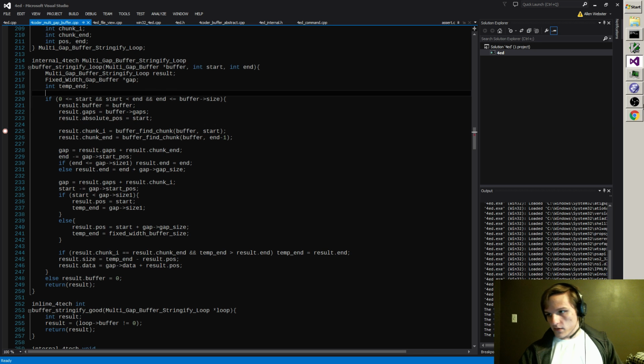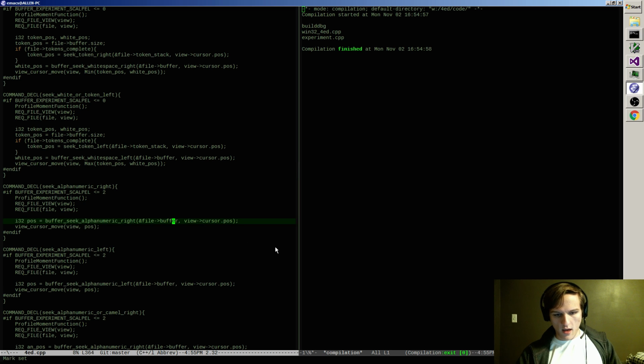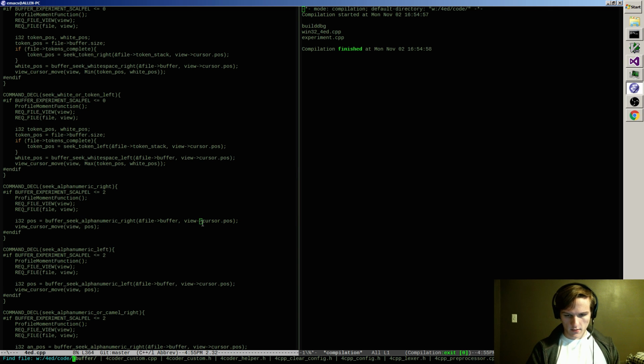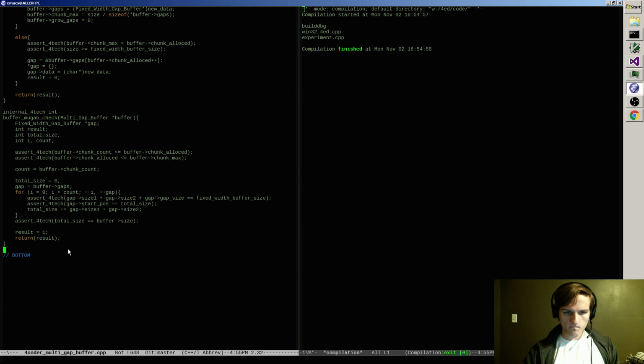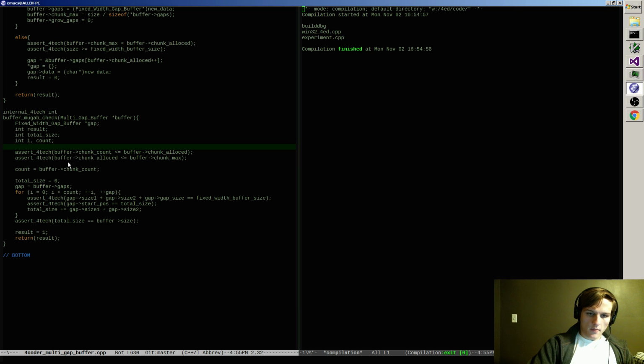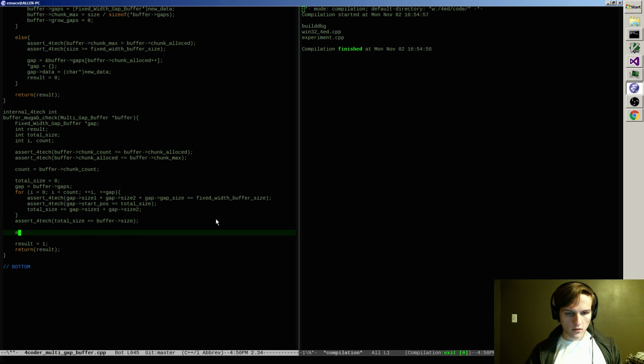If you watched my last video, the only thing that's changed since then, and something I'm going to be leaning on a lot this time, is I've got this function for multi-gap buffer, which I've been abbreviating MuGaB here and there. I got this MuGaB check function, which basically makes sure that everything in the state of the buffer makes sense. Make sure that the count is, the other thing I should do actually is, since I don't ever run this check,